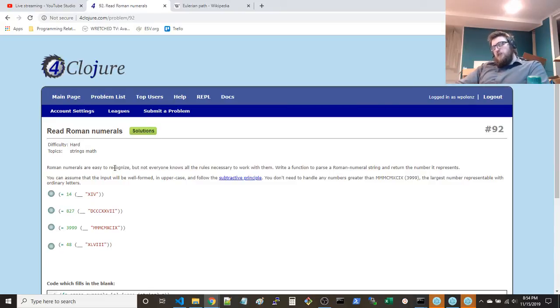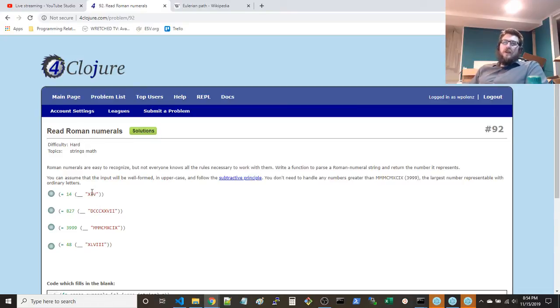But what you end up with is, assuming it's well formed, the subtractive principle only applies when the value of the character we're looking at is less than the next character. So you can do a clever trick: map each of these symbols to their value in a vector, and if you ever see that, swap the value in that vector with its negation, a negative value.